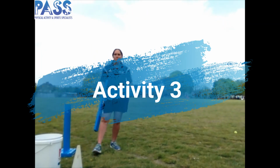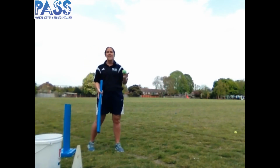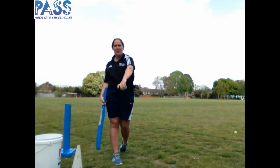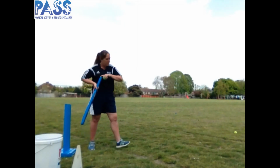Okay, right, this time you're going to want the ball. Now, if you haven't got a partner, it might be a little bit hard to do this. So if you haven't got a partner, it gives them a chance to practice their cricket bowling as well. So that overarm bowling that we were doing last week, it gives them a chance to practice. If you haven't got a partner though, you're just going to be dropping the ball for yourself and then trying